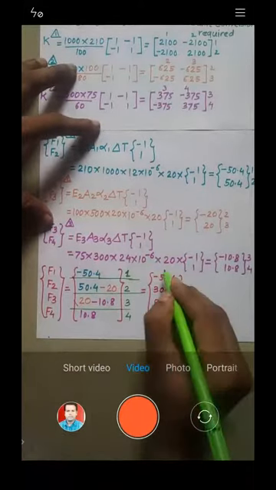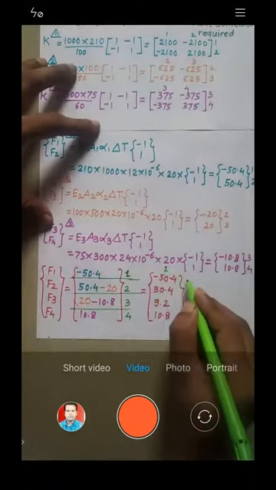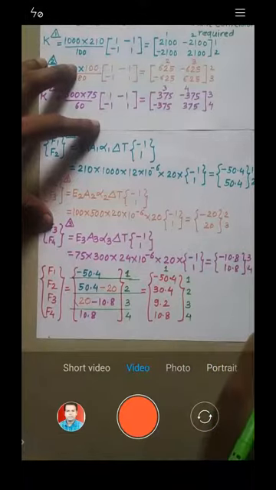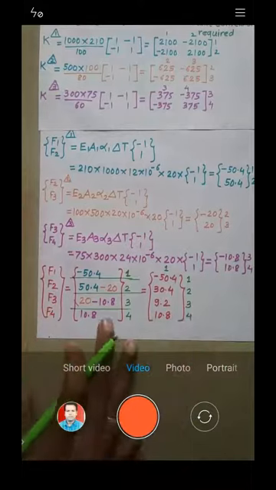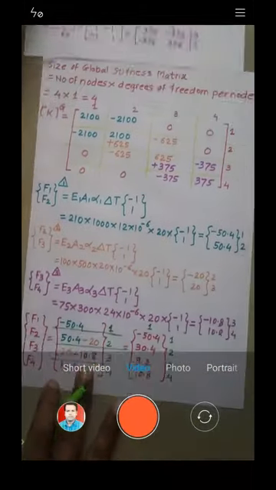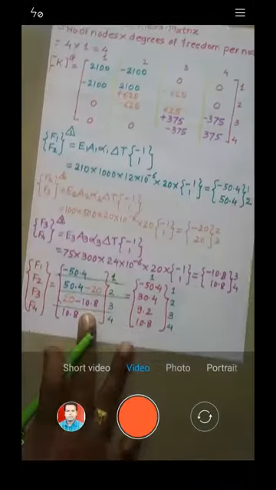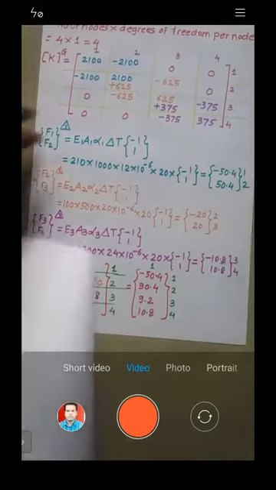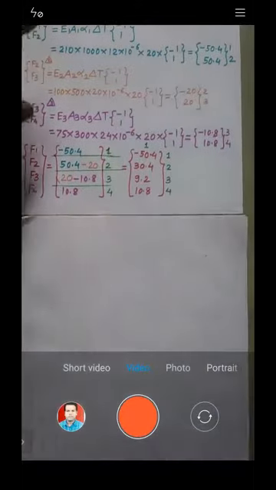So you have a single column, but you have 4 rows, right? Now we have these force matrices. Try to understand. We have already formed the global matrices. This is a global matrix, right? This is the thing where we need to combine everything. So now I will start combining. I will write it down now.